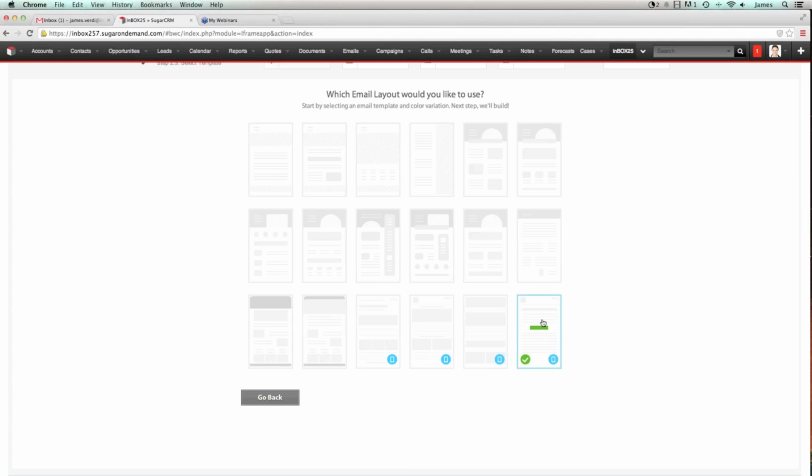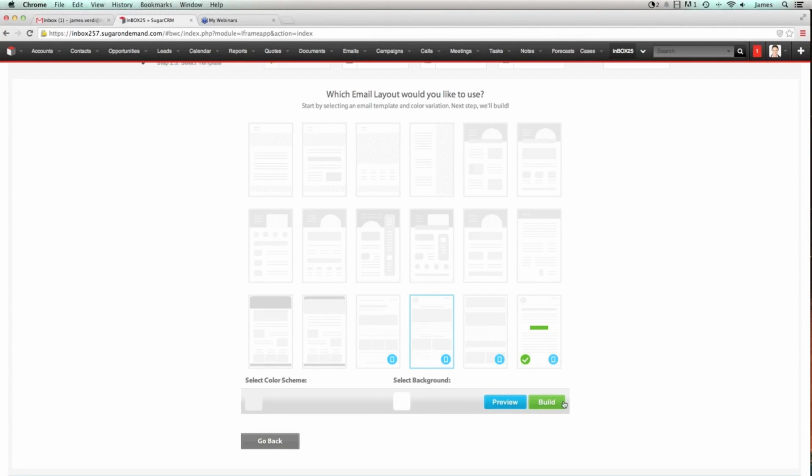But we have added 3 new email responsive templates that are denoted by these little blue icons here. So now whenever you're sending this email out, depending on what device it's on, it's going to automatically resize itself. So there's no need to worry about any email format not showing up correctly with these new responsive templates. That's all solved. So let's choose a responsive template for this webinar here,